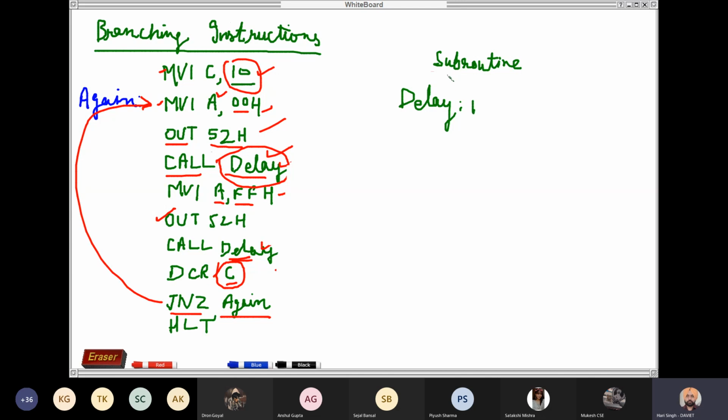Suppose in this program I write MVI D, FFH, then decrement D, then jump if not 0 to, say, back.